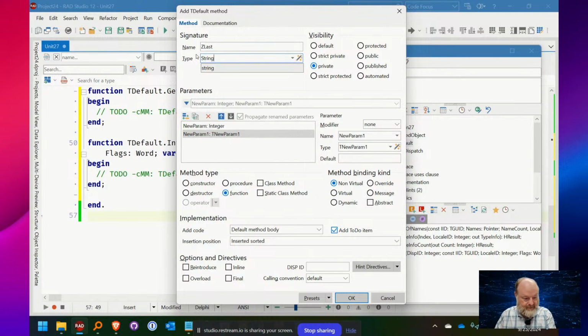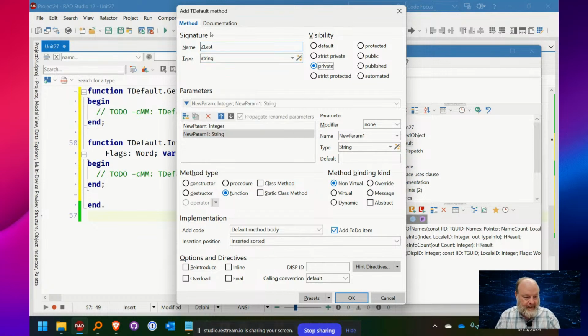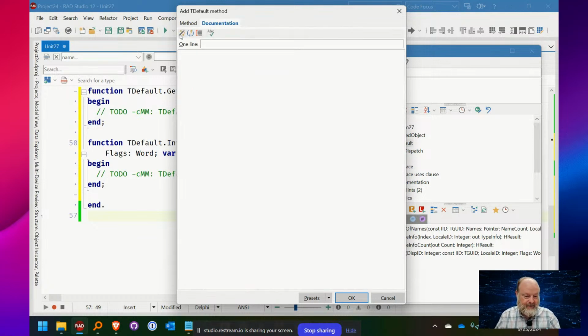So we'll say returns a string, and here are the parameters we have, and we're going to make this one a string as well. And lots of other things here. It's a function, because if it's a procedure, see that return type goes away. Then over here I can put documentation on this, and I have a template.